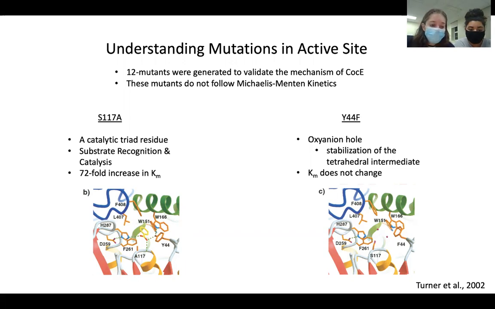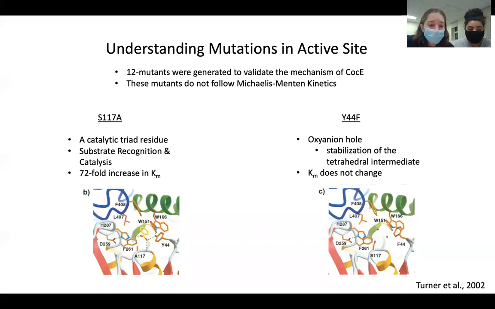And then we have the tyrosine mutant. So the oxyanion hole is formed by the backbone of 2 tyrosine residues, which are efficient at the stabilization of the negatively charged tetrahedral intermediate in the reaction. Y4 plays a particular role in activating the substrate carbonyl. And the Km, however, was not changed because of the mutant, but the tyrosine mutant structure may serve as a model